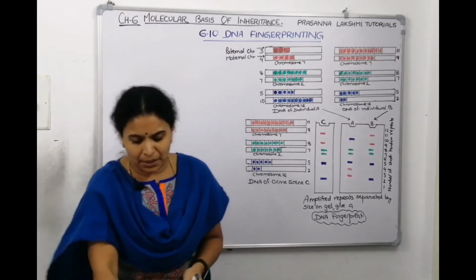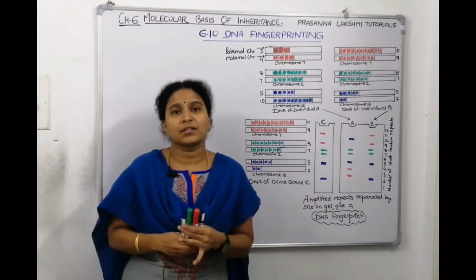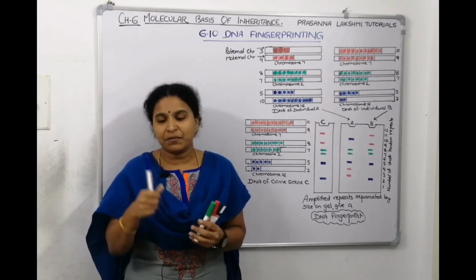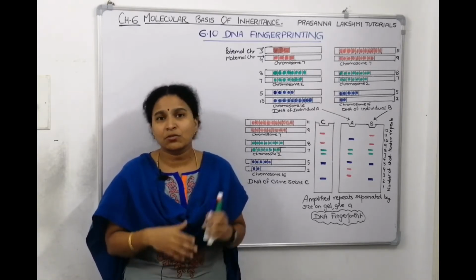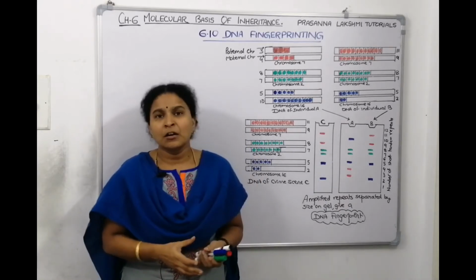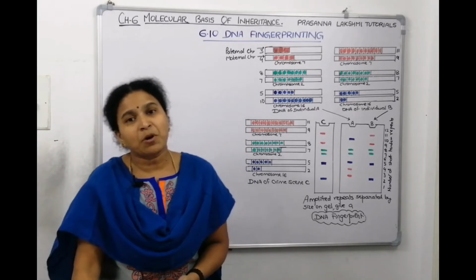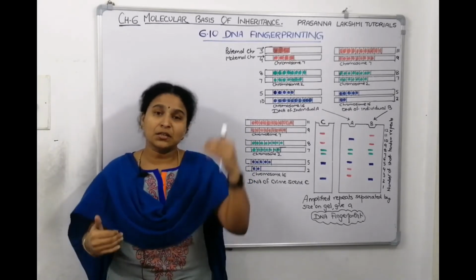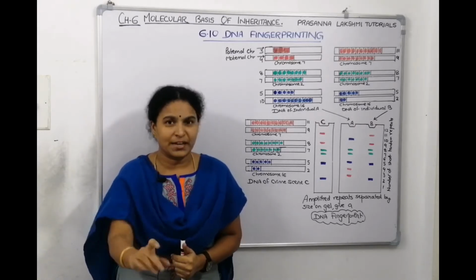I took an example: if I am writing on the board with 4 different colors, meaning I am writing one line with this color, one line with this color, one line with this color and one line with this color, I am trying to give a polymorphic appearance to the board, or to the notes which I have written there. In the same manner, polymorphic DNA means it is different from one person to another person. The reason for polymorphism, we told, is mutation.